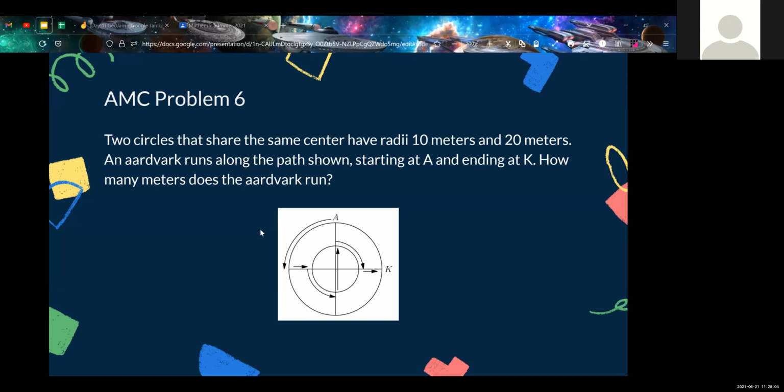I have another question. Do all the arrows going around the small circle, is that part of the path, or does the aardvark just not go straight through? That is part of the path. So it's okay. This aardvark has 10 IQ. Yeah, it could just go from A to K directly, but